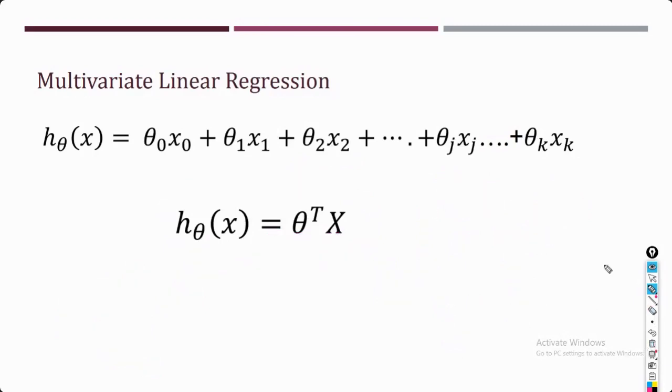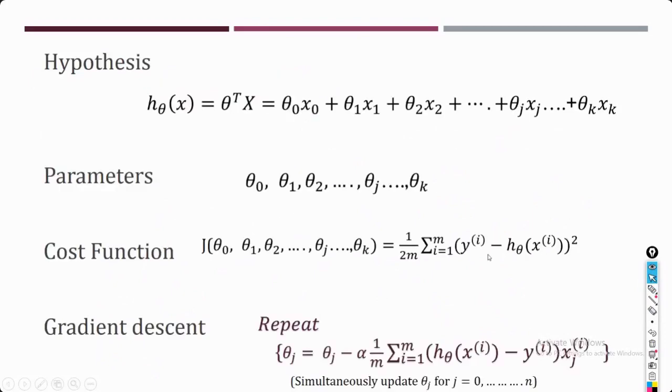Okay. Now next is how the equation is going to be. This we have already seen. Just for simplicity, instead of using this we are going to write it as theta. So it's going to be J theta. Now we want to optimize this J theta. In theta we have theta naught, theta 1, till theta k.